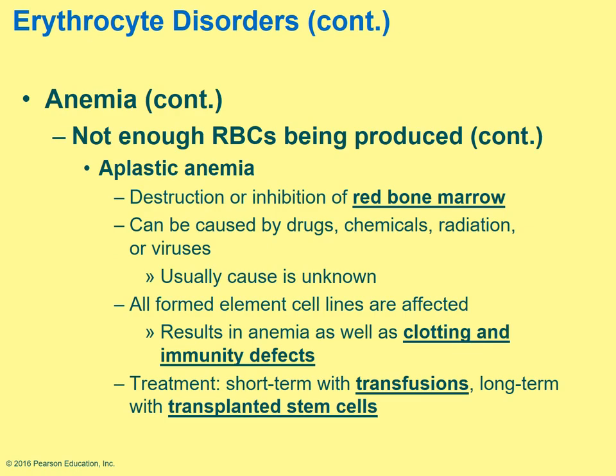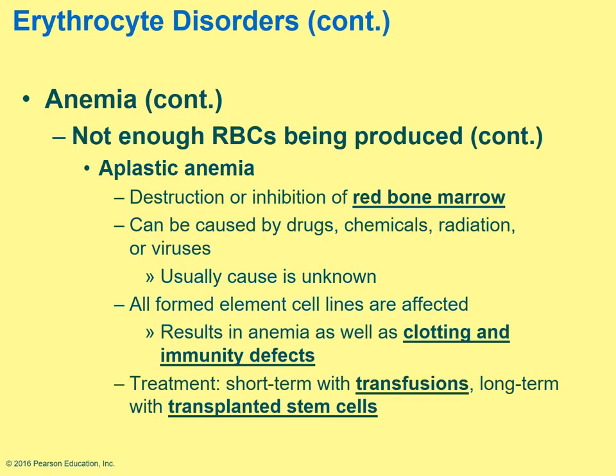Aplastic anemia is when you have destruction or inhibition of the red bone marrow. This can be caused sometimes by interactions from drugs, chemicals, radiation, viruses. And you may not be able to determine what the exact cause is. All the formed elements, cell lines are going to be affected. So you're going to not only have anemia, but you're going to have issues with blood clotting, and you're also going to have issues with your immune system. The treatment, short term, is with transfusions. Long term is looking at